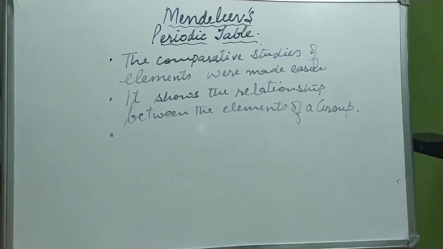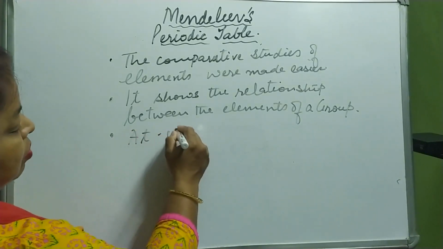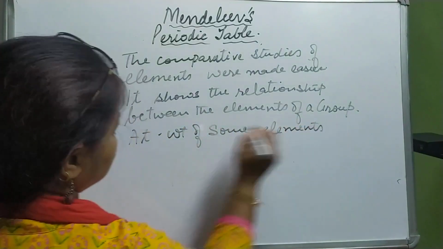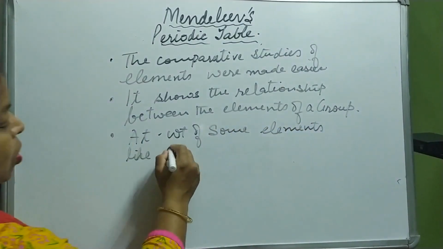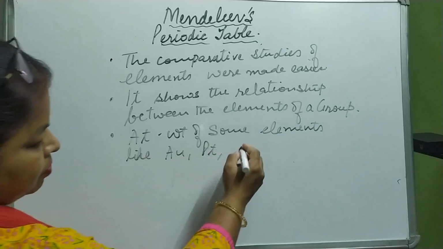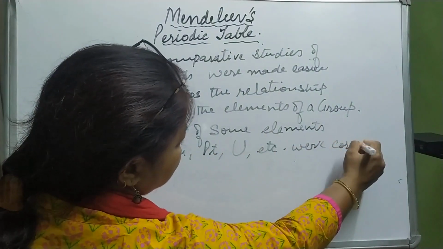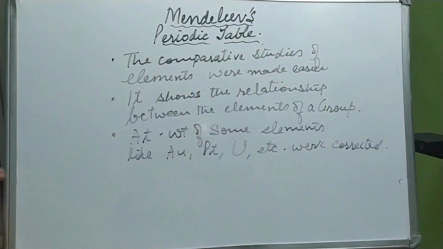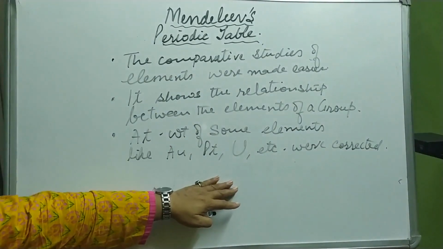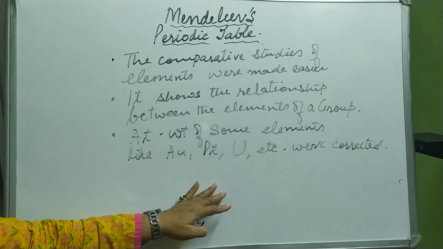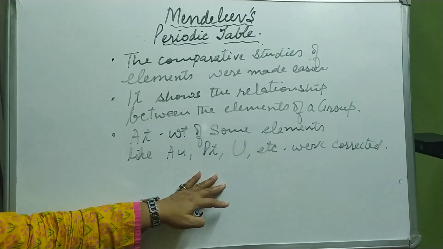Okay, then what else? The atomic weight of some elements, like gold, platinum, uranium, etc. were corrected. They were not exactly what was required, but they were corrected, because before that it was incorrect. Whatever atomic weight was proposed was incorrect. Okay, now